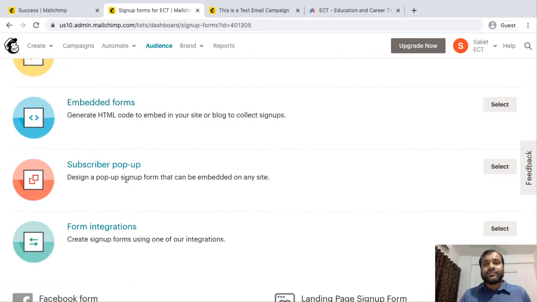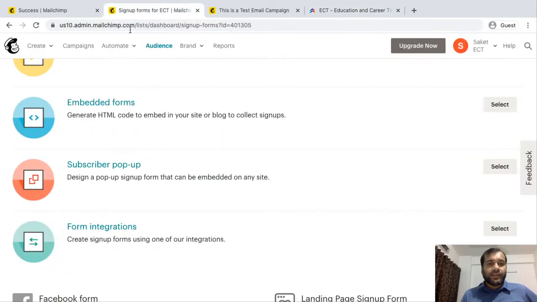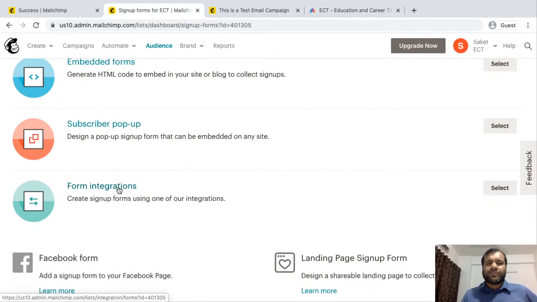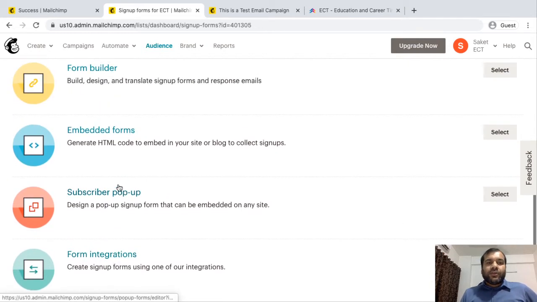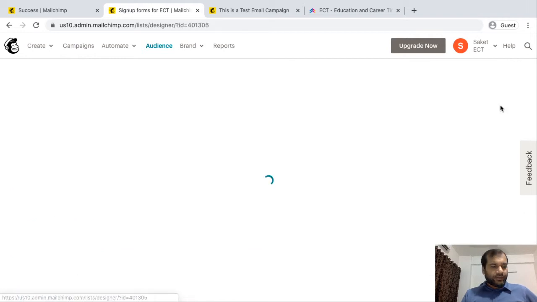Subscriber pop-up, okay, when you have to create a pop-up, like someone goes and there is a pop-up on the website, then you create a subscriber pop-up. And then form integrations. This is slightly advanced. I will just leave it for right now. So suppose we have to create a form builder. We will click here, select form builder,